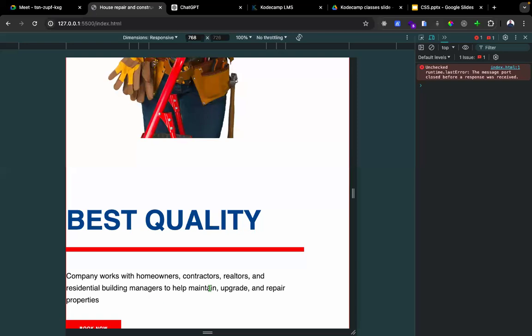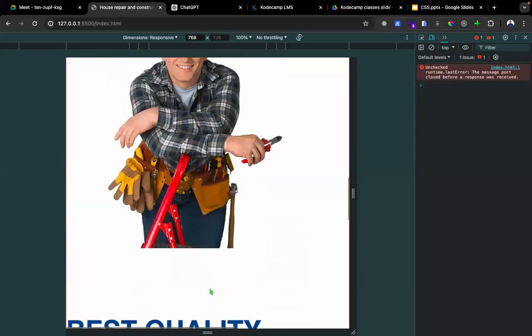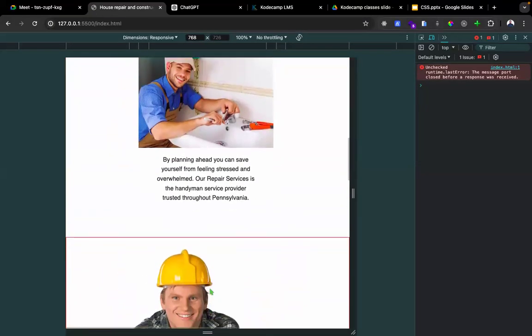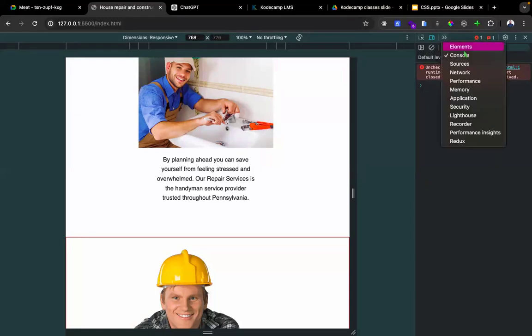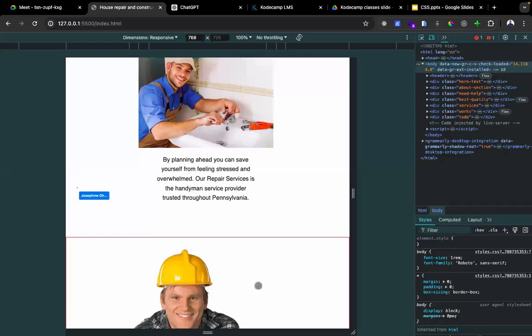So let's go ahead. This was where we stopped in the last class, and I said the best way you can always debug your mobile responsiveness is to use the Google Developer Console. Right in your console you have an element tab. Once you click on this element, you can see every